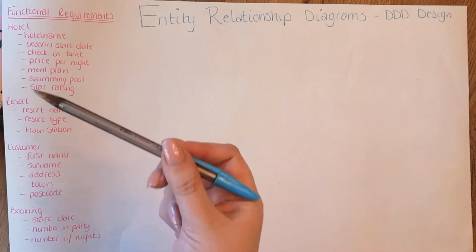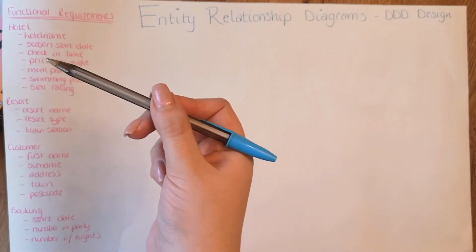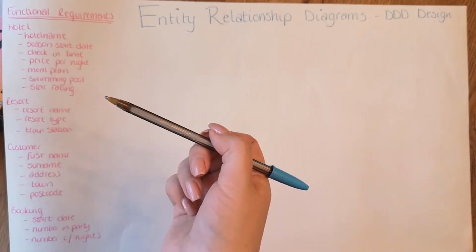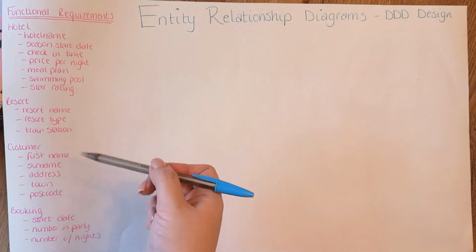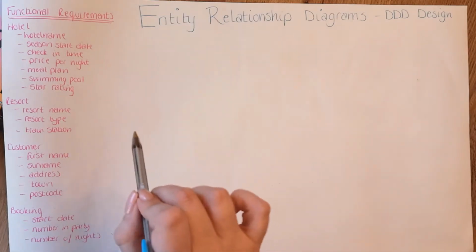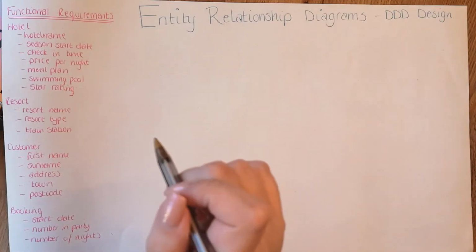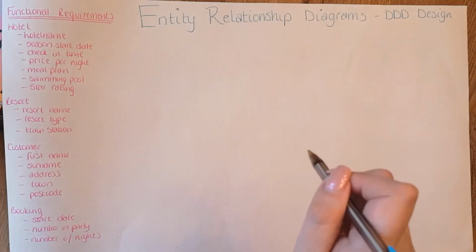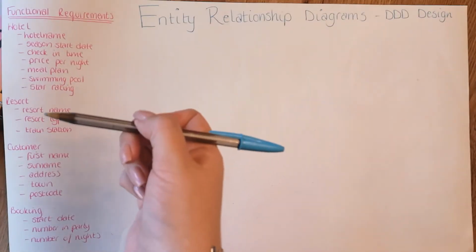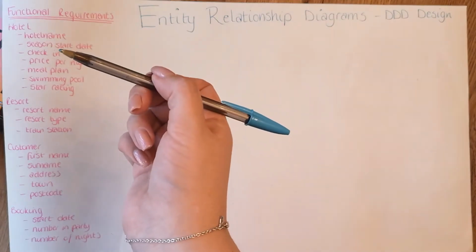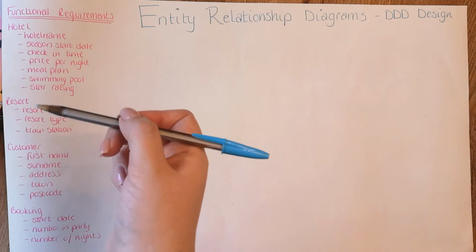Okay, so I want to start off with looking at the connection between hotel and resort. Now when we look at hotel, we can see we've got lots of information about each individual building per se. When we look at resort, we can see that we've got less information. Now resort is meant to be like an area, so a coastal area, a spa area, a city area, where hotels are listed within there. Okay, if we were to try and create a link between these 2 tables, does it make sense to put the hotel, let's say primary keys, maybe a hotel reference number, in the resort table, or the resort ID number